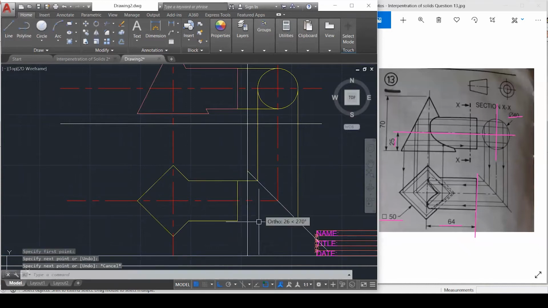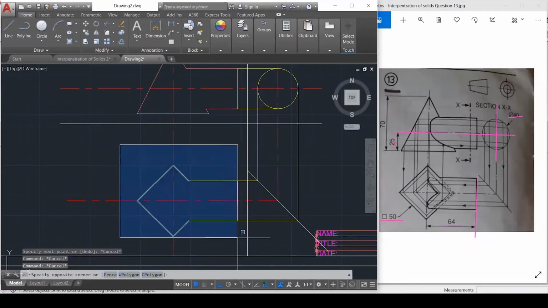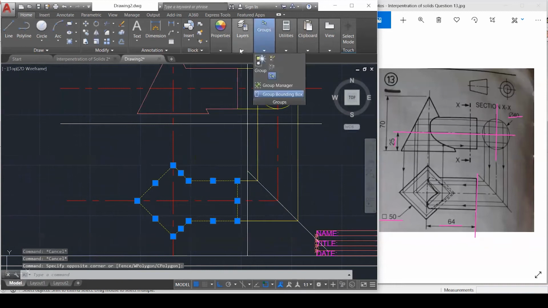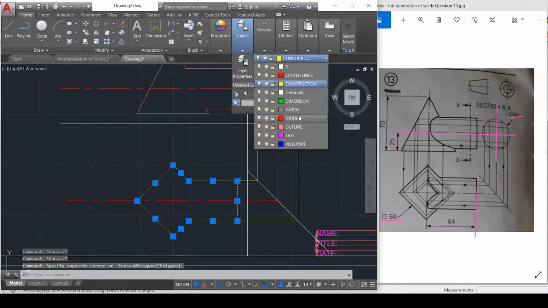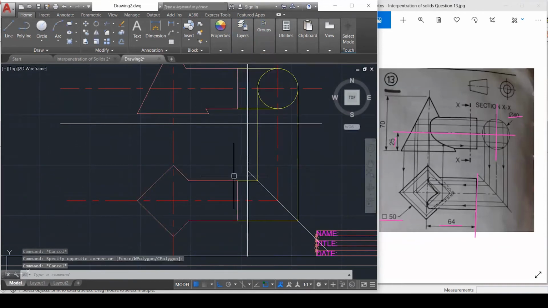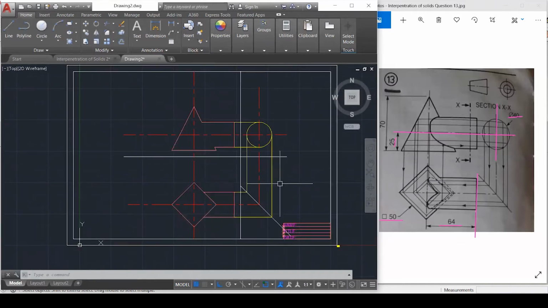You just connect these here. These would be my construction lines, and then this whole shape would be an outline. So let me just transfer that to the outline layer. Good, good, good. So now the next thing I need to do, after setting up the drawing, is